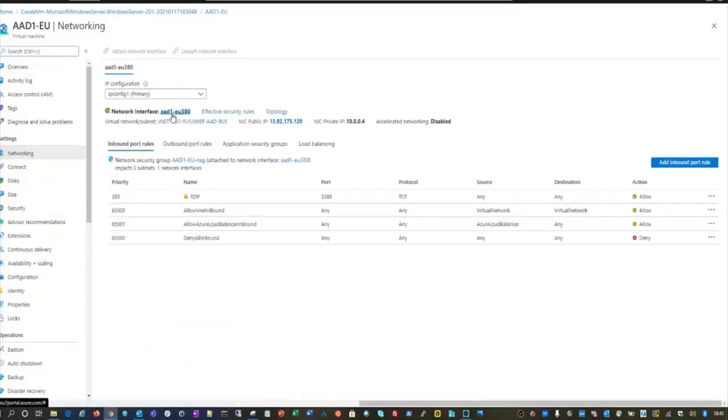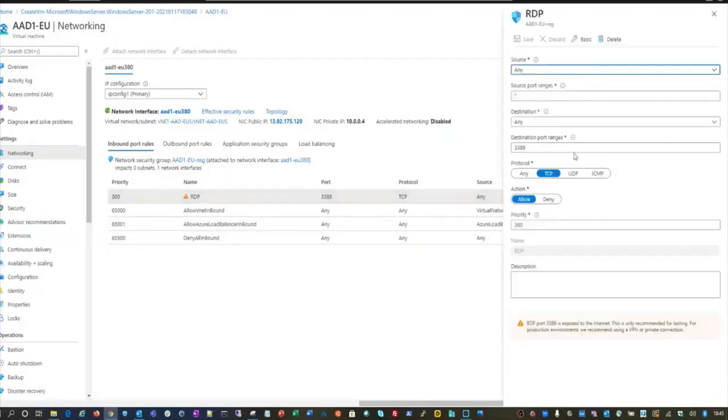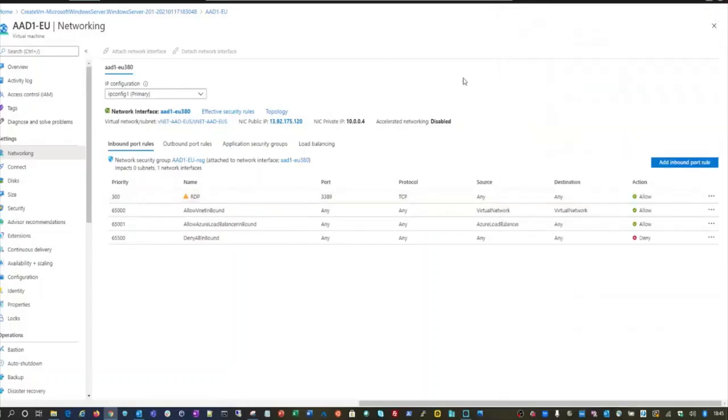So you can see in here, there is an NSG created already, and the RDP port is allowed so that I can access it. You can also change this rule, or you can put your public IP here if you want to access this from one single location, but I'm not doing that at the moment to secure it. Because this video is not about security, but it's about installing Active Directory on the VM.